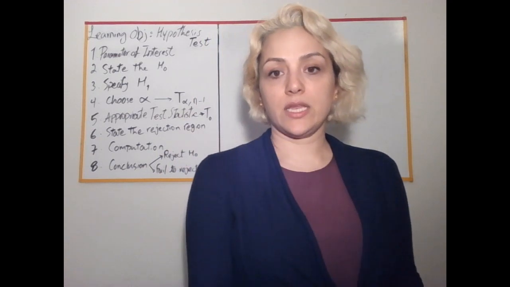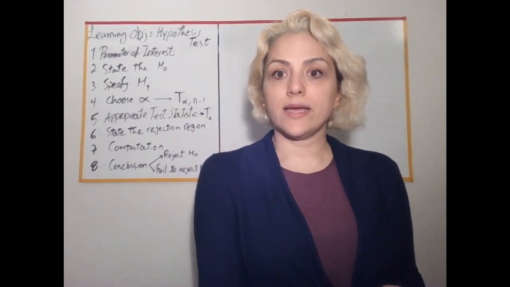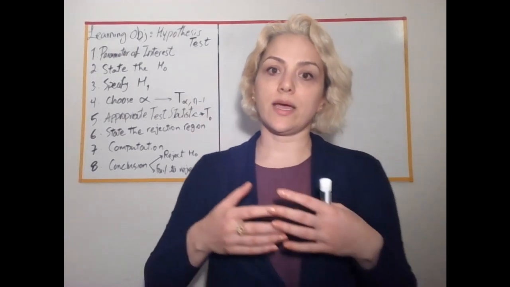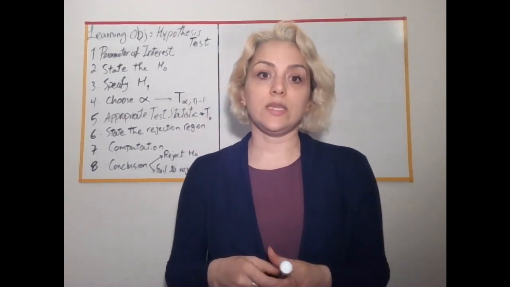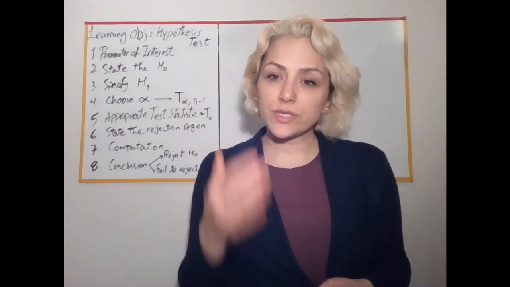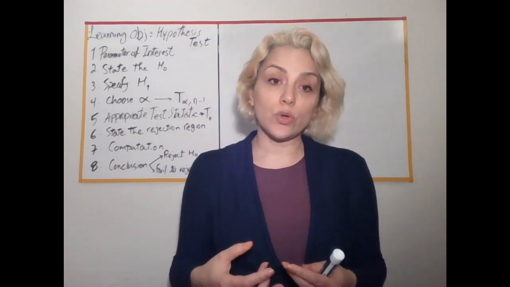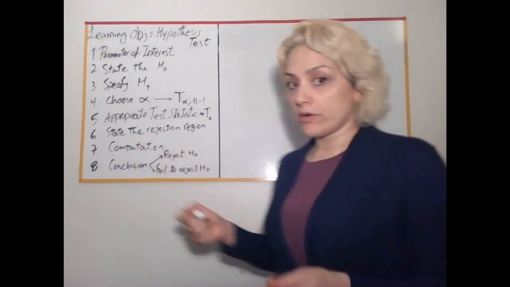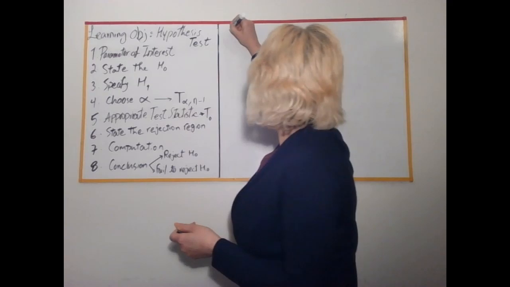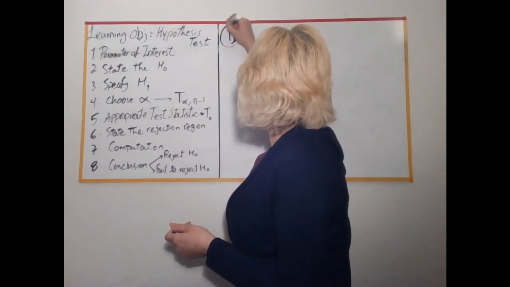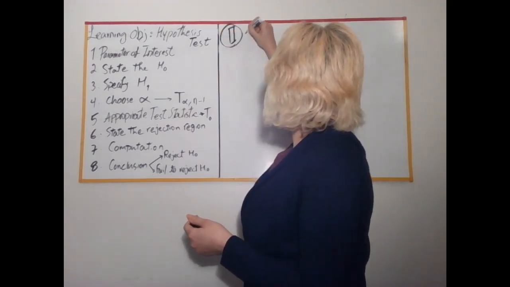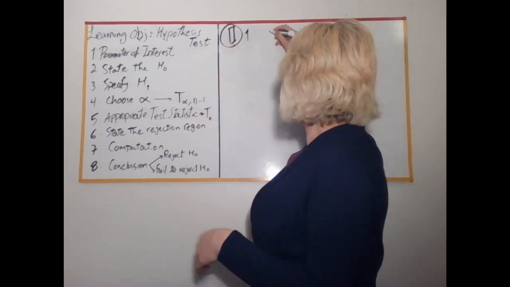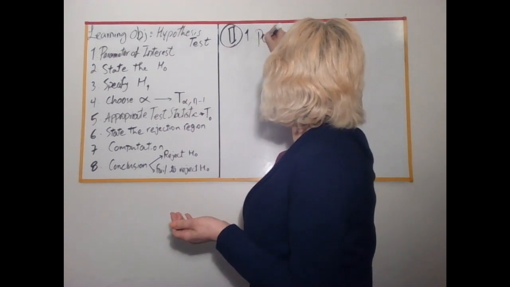So in the question, when you look at it, we know that we are looking for the mean of the normal distribution, and when you read the question, you see that we don't know the value of the sigma of the population. So what are we going to say? We would say that we are in the second category, right? And for the hypothesis test, the parameter of interest is mu,